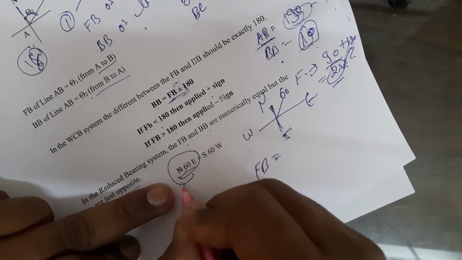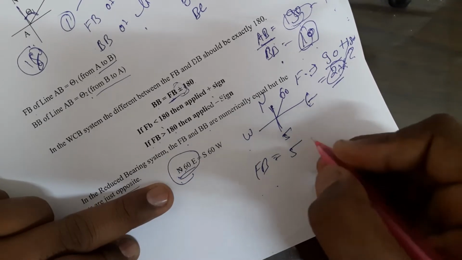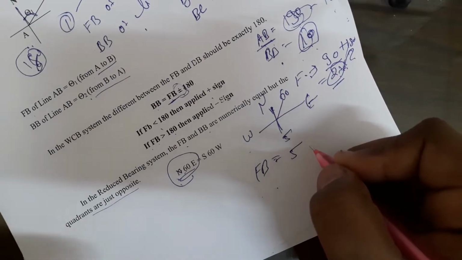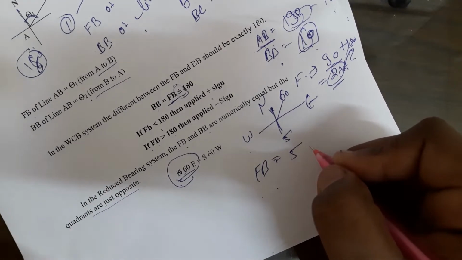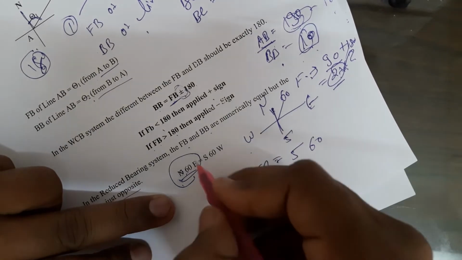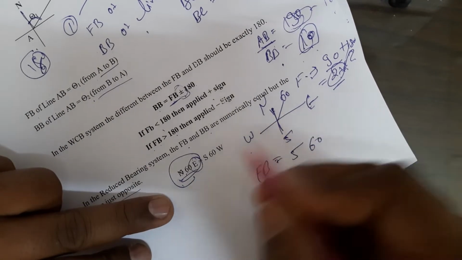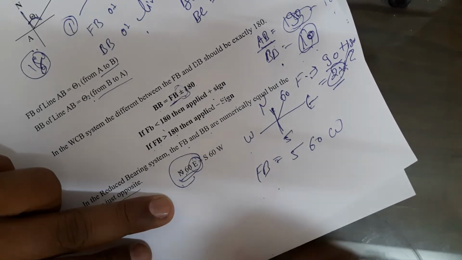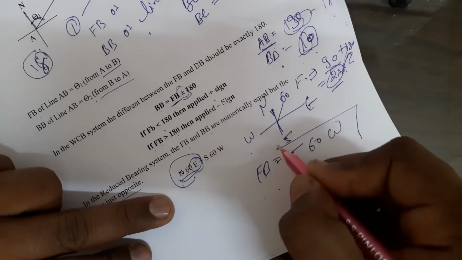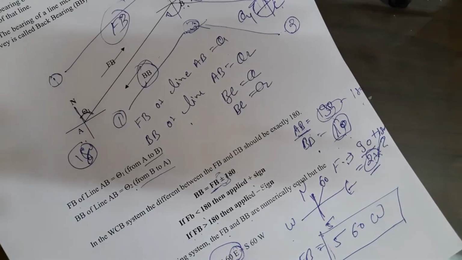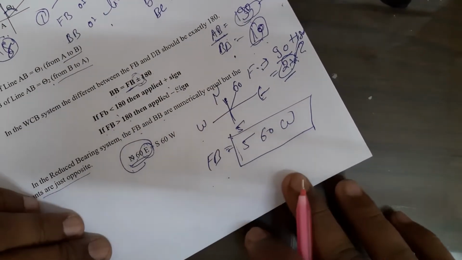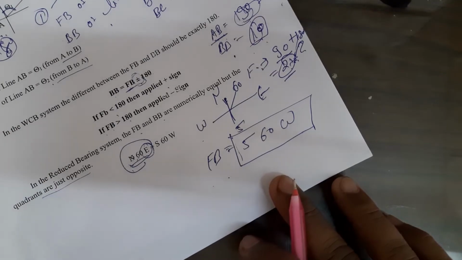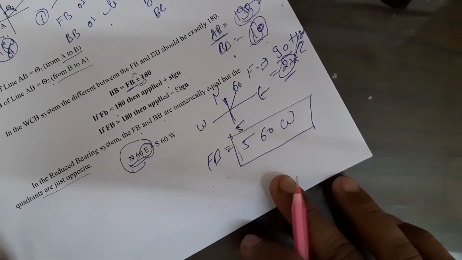So here north is replaced by south, the numerical value stays the same, like 60 degree, 80 degree, 90 degree, put as it is. So put 60 degree, and here east, the opposite side is west. So simple, compared to the whole circle bearing, in the reduced bearing finding the forebearing and back bearing is easy compared to the above method. Understood?